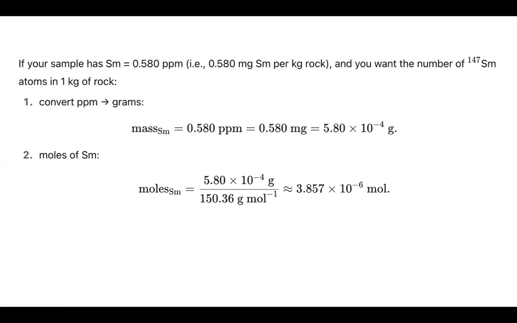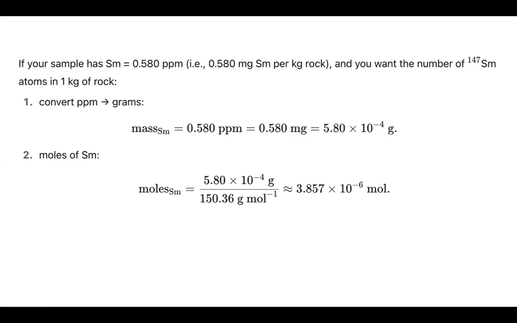You need to know the mole amount. How can you find it? The ppm amount can be divided by the atomic weight of samarium. That should be given to you. Atomic weight of samarium is 150.36 gram per mole. So you divide it and then you get the amount of moles of samarium